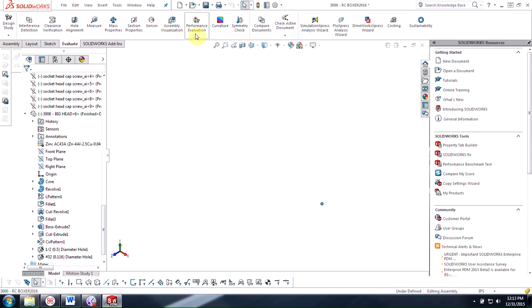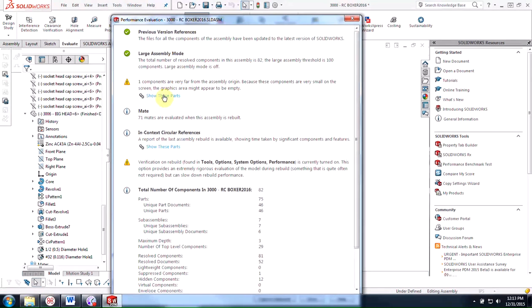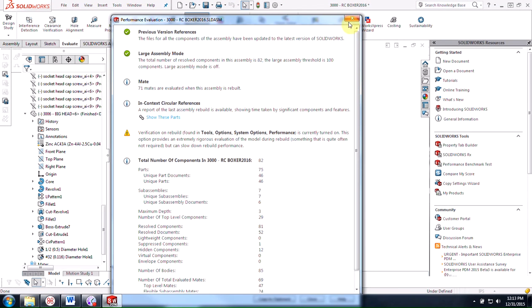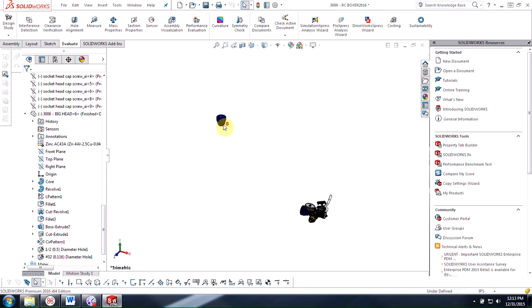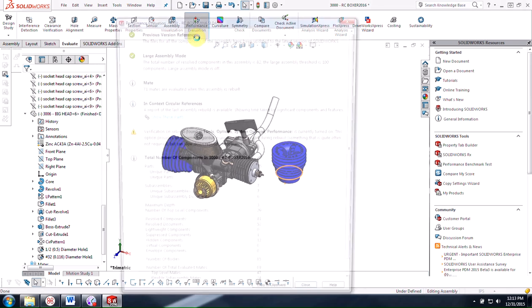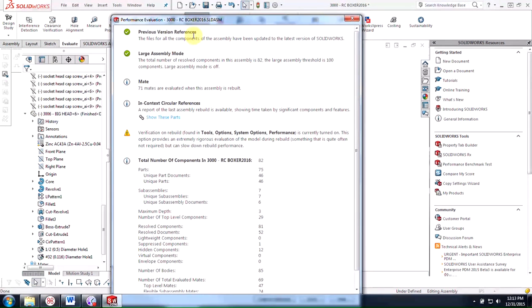Right? So what the performance evaluation will do if I click on show these parts is just going to bring it closer to my origin for me. Notice it gets dismissed. And then I can decide how I want to go ahead and situate that component with my assembly. Is it something I brought in accidentally or something that I want to mate up on this side, for instance. So returning back to our performance evaluation, one of the last things I want to talk about is